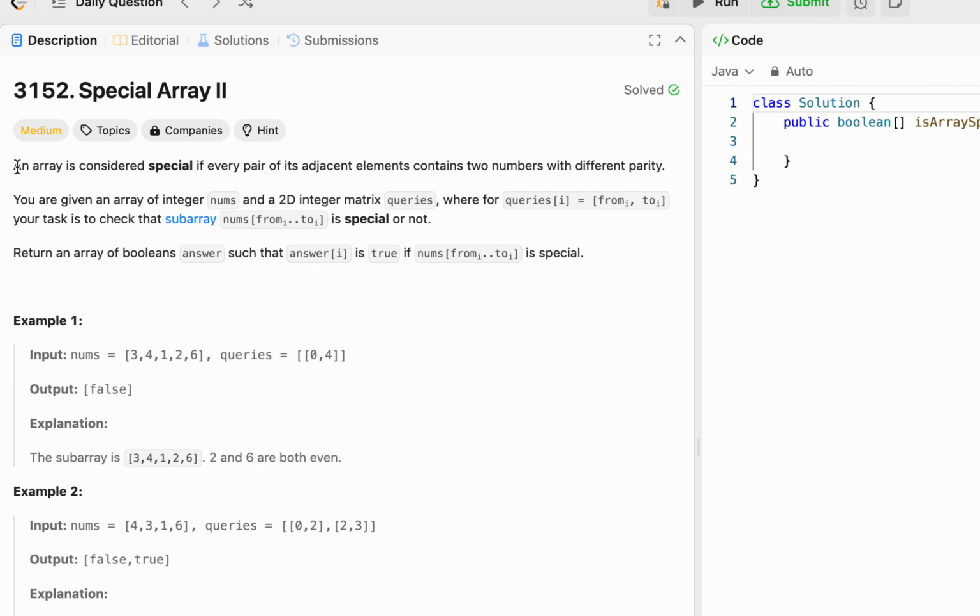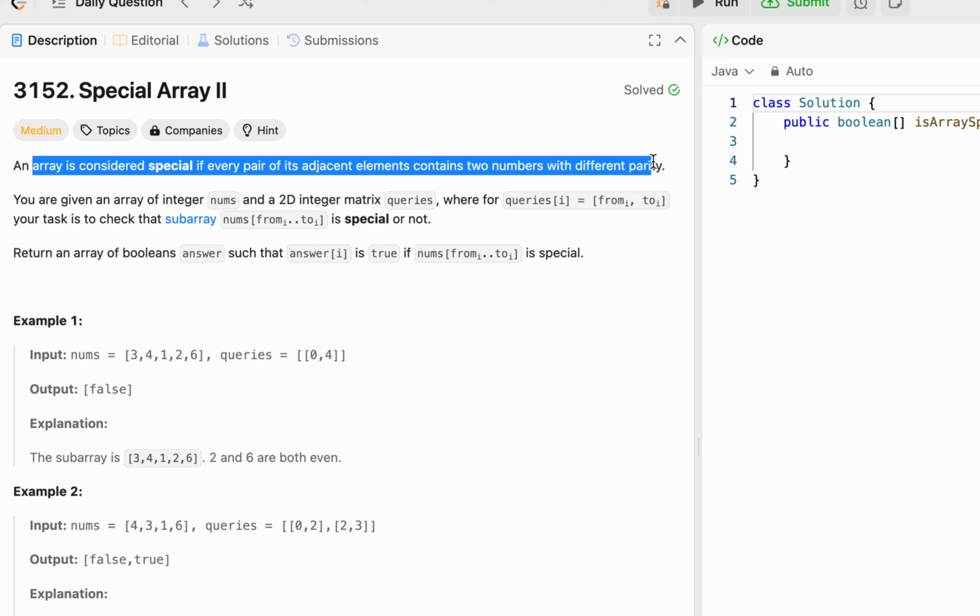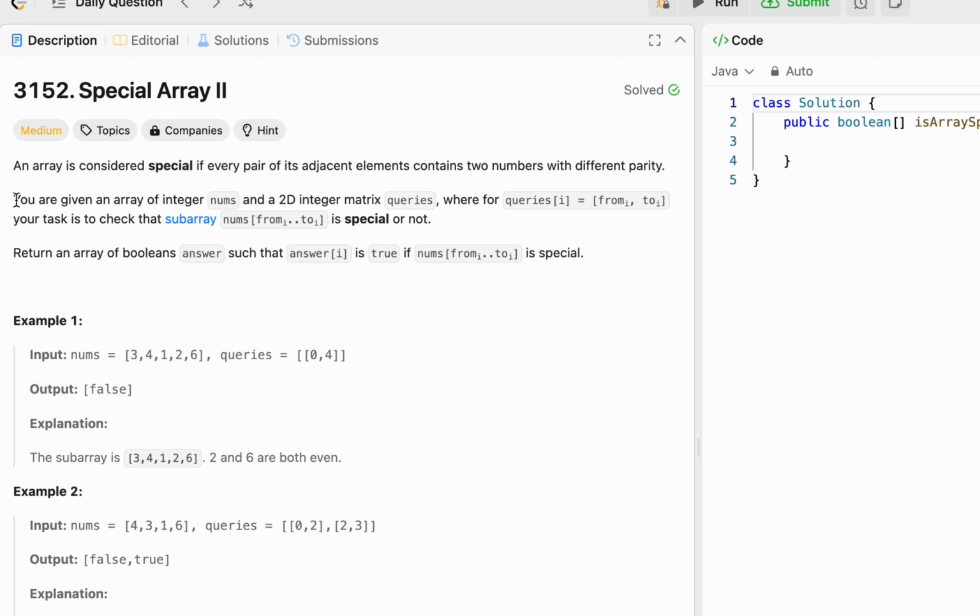So in this it is given that there is an array. Okay, an array is considered special if every pair of its adjacent elements contain two numbers with different parity. Okay, so parity is about evenness or oddness. This parity is being considered here. And furthermore it says that you are given an array of integers nums and a 2D integer matrix queries